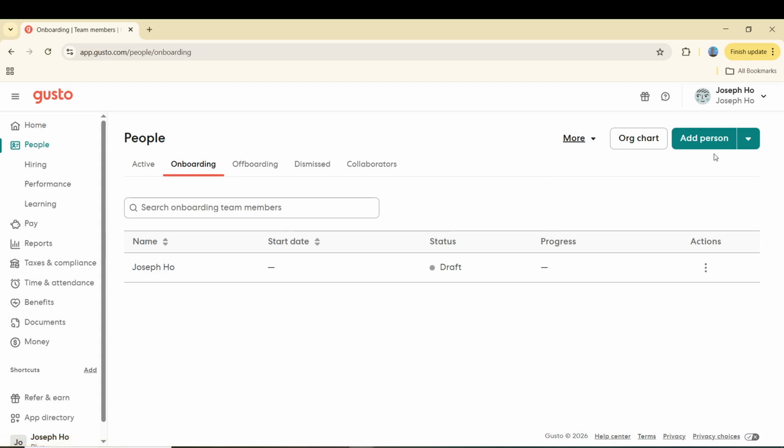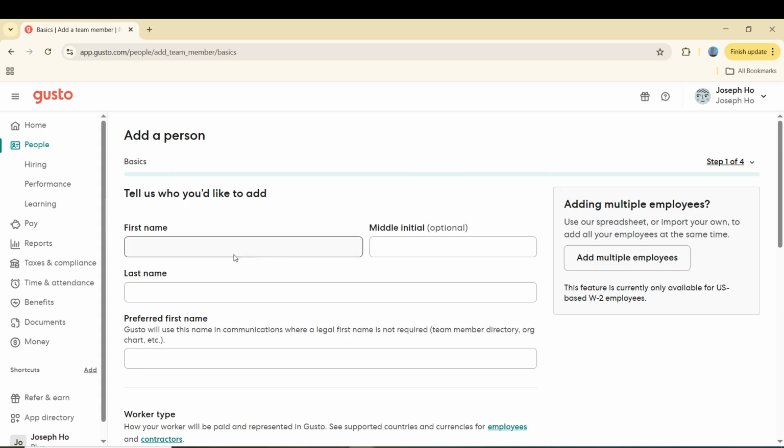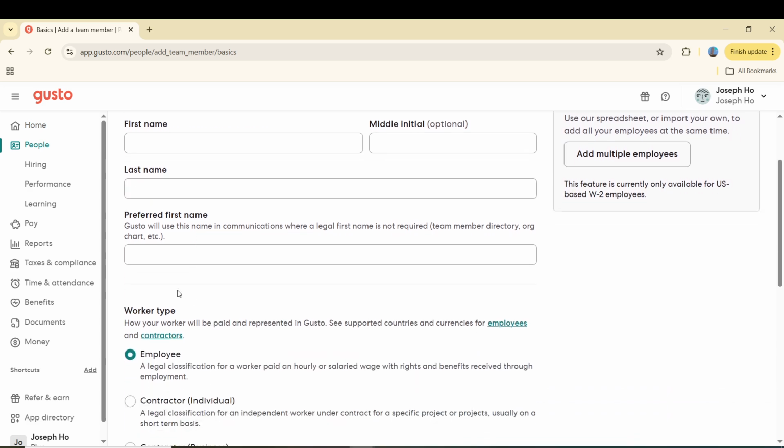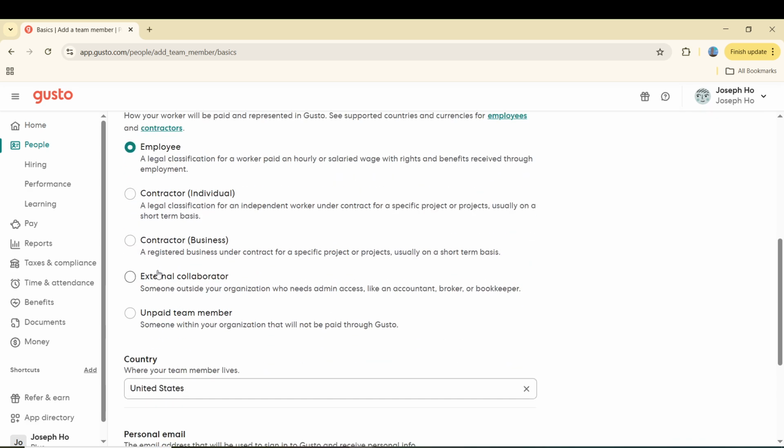Next, click Hire or Add Person. This opens the form where you will enter the contractor's basic information. Begin by typing their first name, middle initial, and last name. If the person uses a different preferred first name, you can add that as well. Adding a preferred name is helpful because it keeps your records accurate while still showing the name they actually use